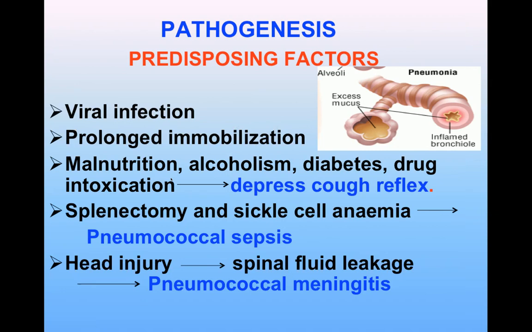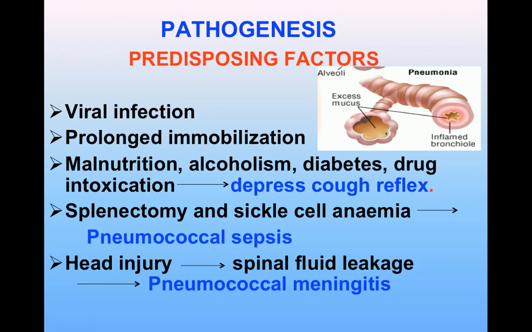Now, an important thing, as I said, this organism is present in 30% of healthy individuals. It is present in the nasopharynx. So it only produces disease when some predisposing factors provoke it and help it spread to different organs. The most important is viral infection. Viral infection of the respiratory tract causes damage to the ciliated epithelial cells, as a result of which there is pooling of mucus in the bronchi, bronchial inflammation and bronchial obstruction, and this in turn helps in